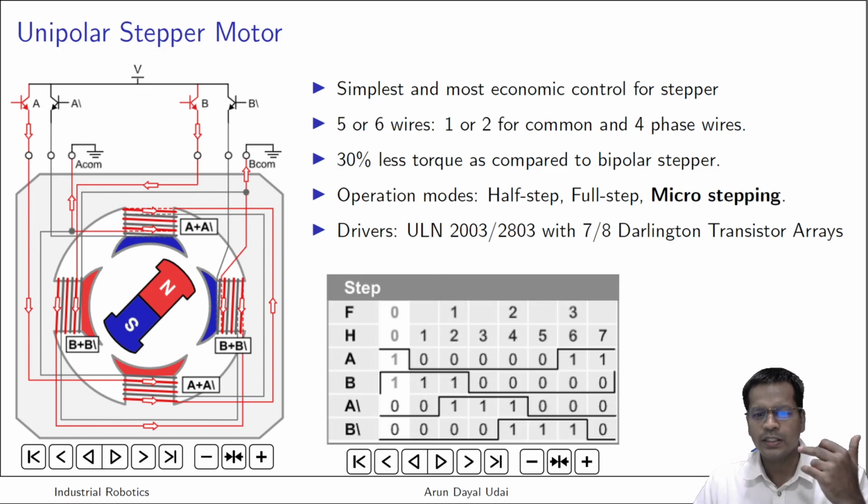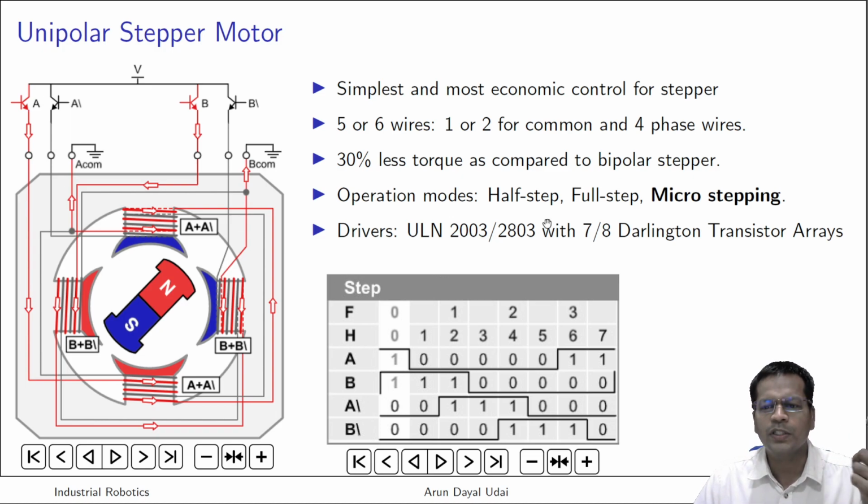Earlier, in the case of transistor switching, it was 1 to 0. If 2 of them are connected in series, it will transfer 1 to 1. So that is what is known as a Darlington transistor array. ULN 2003 has 7 Darlington array transistors. That means 7 switches are there. You have 7 switches. So how many motors can you run?